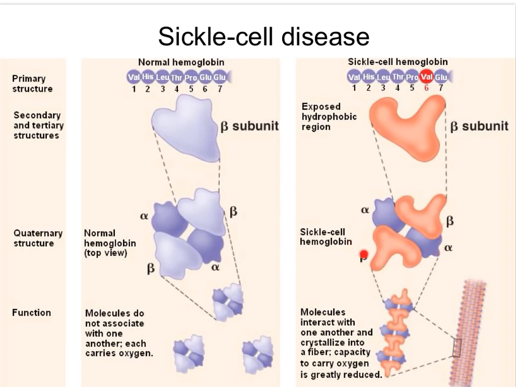The main difference here is that this new structure causes the protein to aggregate and form long threads or long fibers of aggregated hemoglobin. While normally hemoglobin will not aggregate once it reaches this quaternary structure, it would just stay independent and be able to take up oxygen. But here, since they form these aggregates,